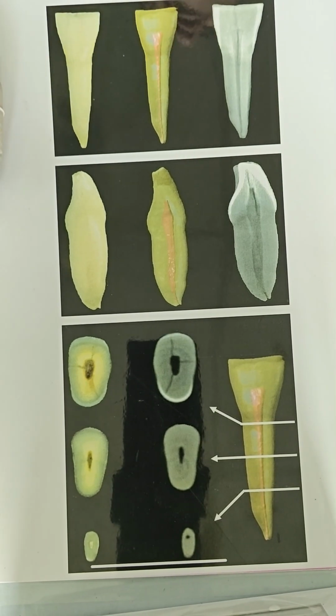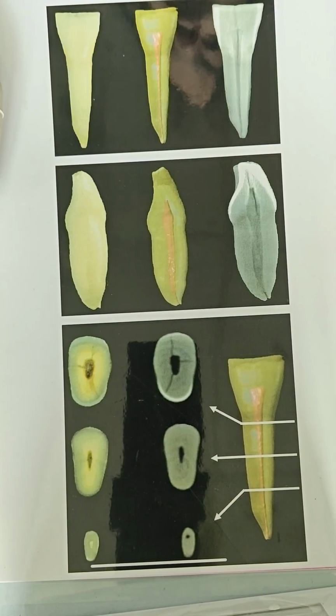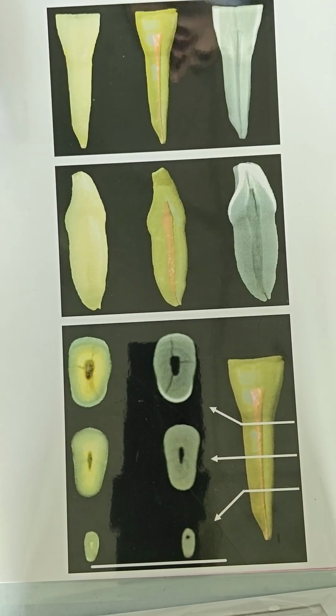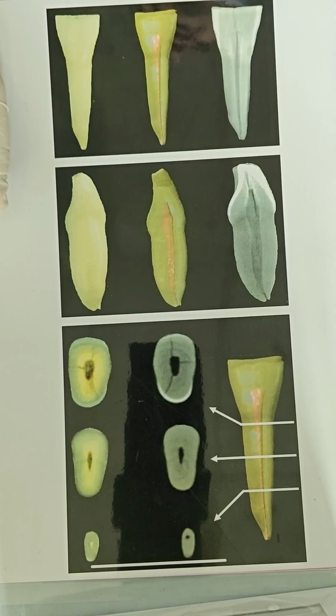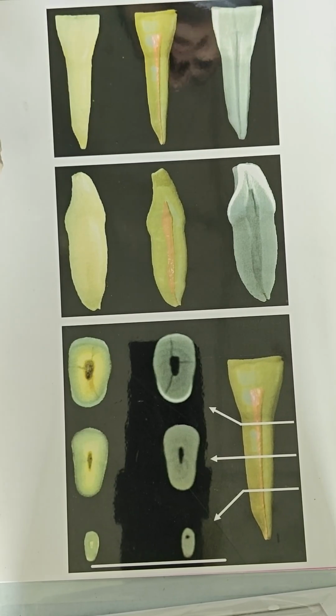Mandibular central and lateral incisors are some of the most complicated teeth. Why? Because they have the narrowest mesiodistal dimensions, and they are the smallest teeth in your whole oral cavity. So we have to be very careful at the first step, that is access opening. You obviously have to use smaller size burrs.